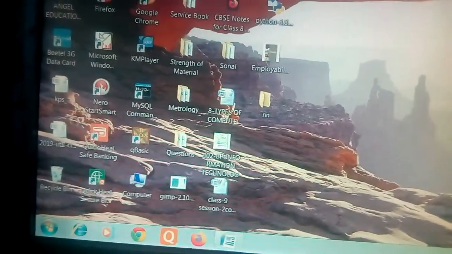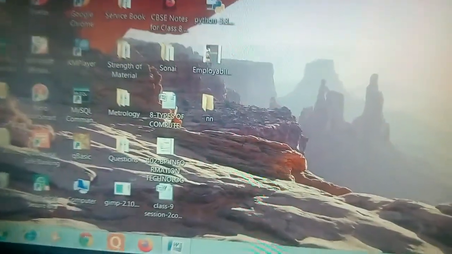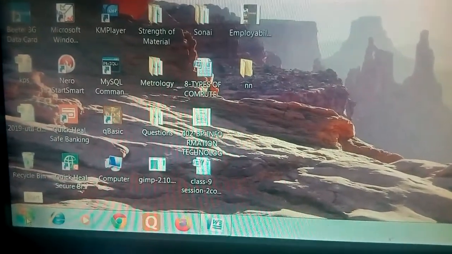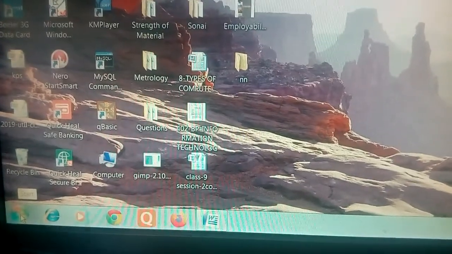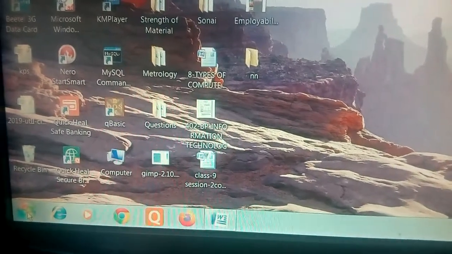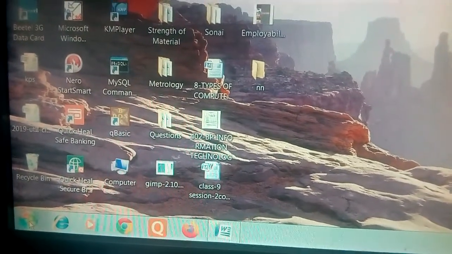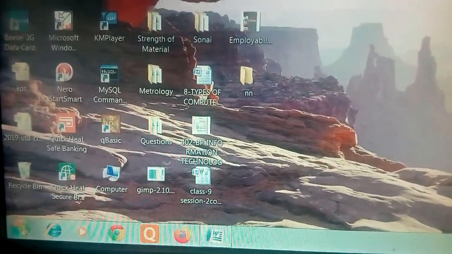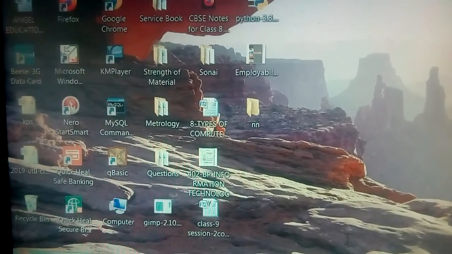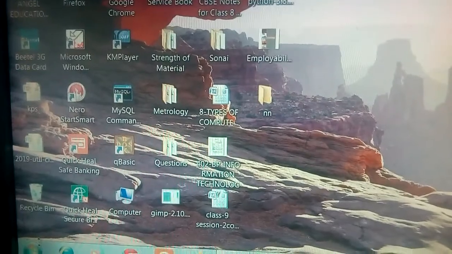So first we will see how to start a program in C++. For that, first you have to click on the start button, and two compilers are there, two software, like Turbo C++ and Dev C++, Bloodshed Dev C++. Which software you have installed on your computer, on that you can do. Okay, so we will start here with Turbo C++. And if you have not installed anything, then it will be better you download and install Turbo C++.